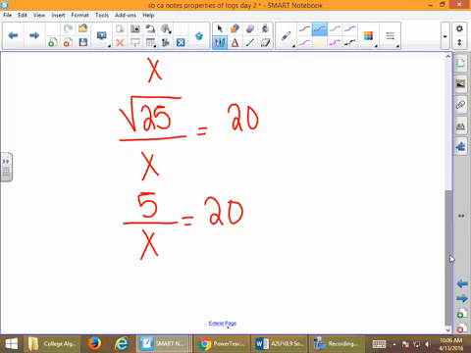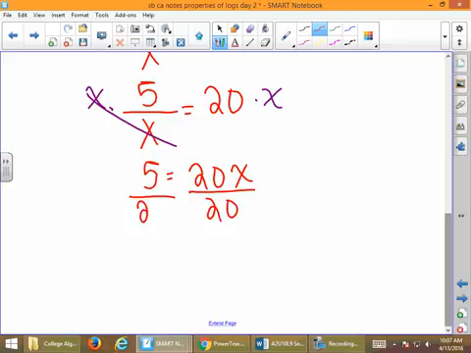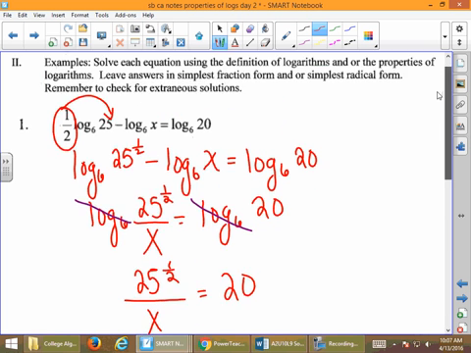We're going to multiply both sides of the equation by x. You could also cross multiply. And we end up with 5 is 20x. And finally, it's 20 times x, so the inverse operation is to divide by 20. And then we end up with 1/4. So x equals 1/4, but we still need to check for extraneous solutions. So we want x on the solution up there. And so 1/4 is positive,